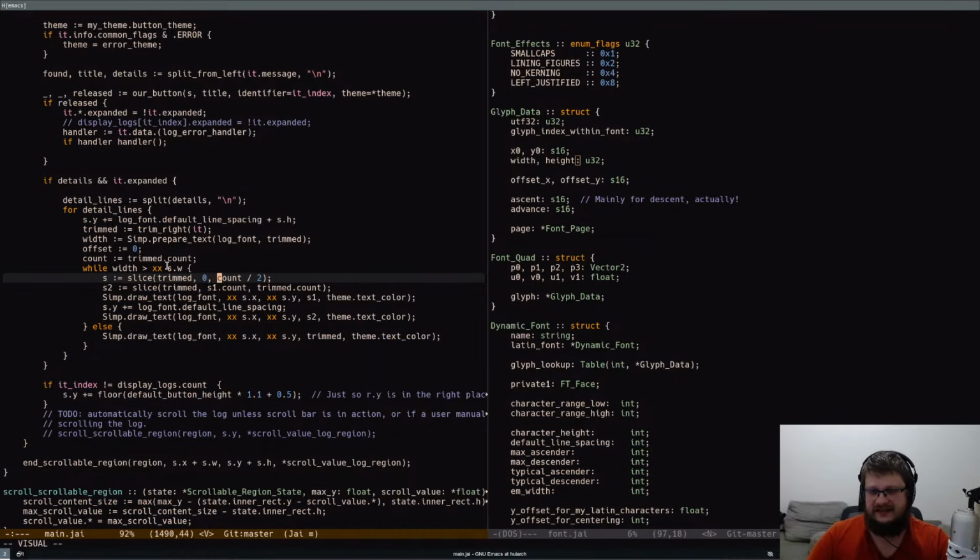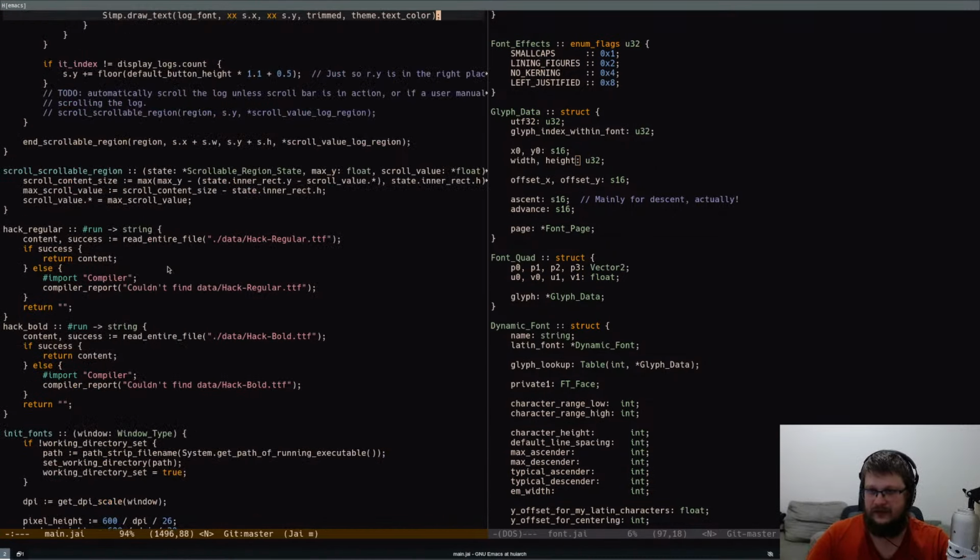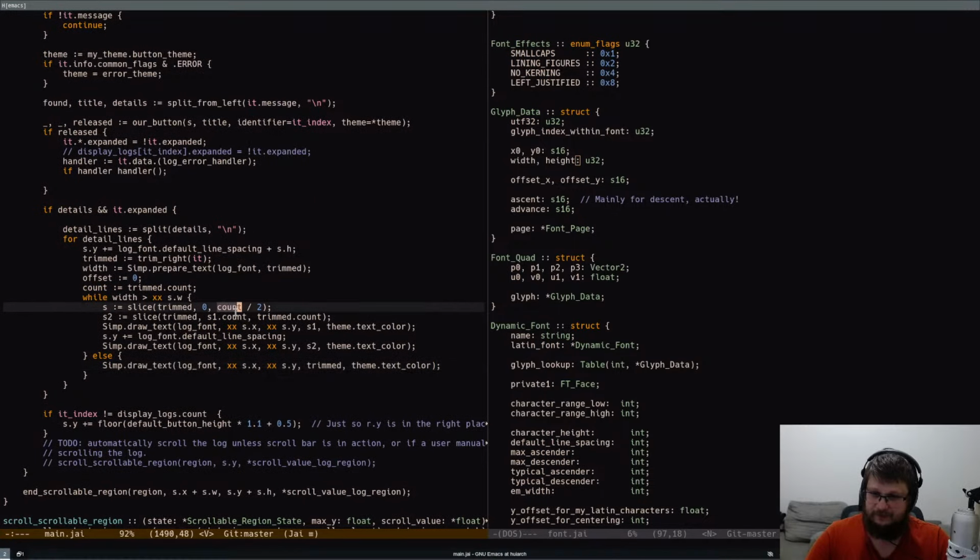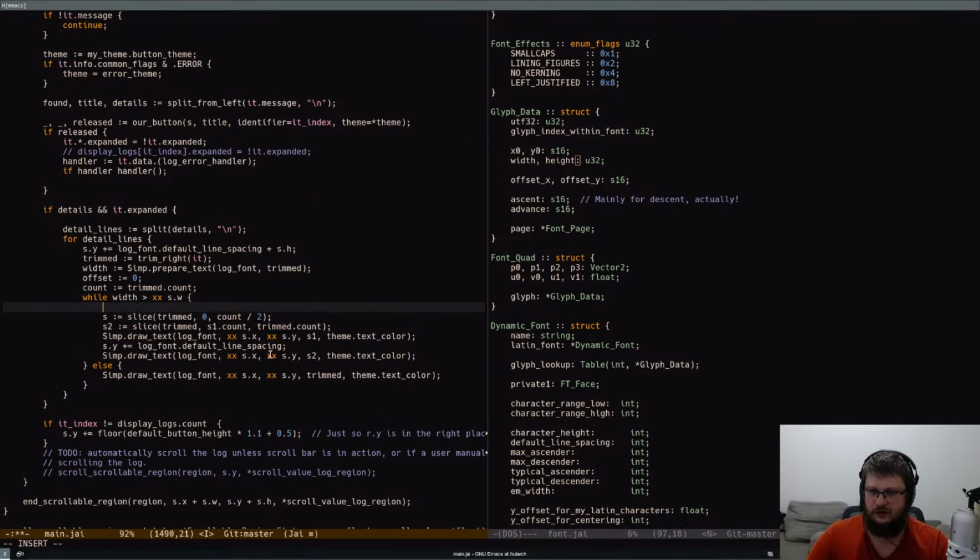I think I can kind of hack it now, because I know my font is monospace, so I can do a string width. No, I still need an individual glyph width. So glyph width equals font temporary glyphs 0th dot